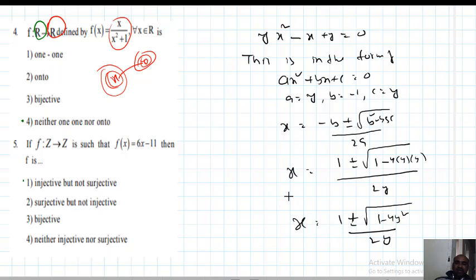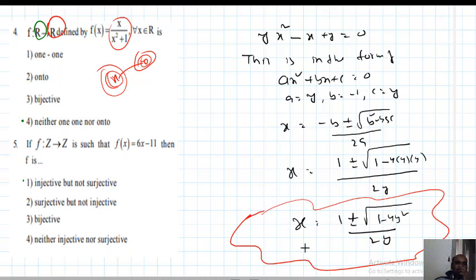So here is an important thing now. I am finding the range of the given function. So for what values of y should x be real? What real y gives real x is called the range. Observe here, the root is there, and this should not be negative, no? If this is negative, x is not a real number. You want real y such that x is real. If 1 minus 4y square is negative, this means a complex number, so x is not real. That means 1 minus 4y square should not be negative. It should be greater than or equal to 0.